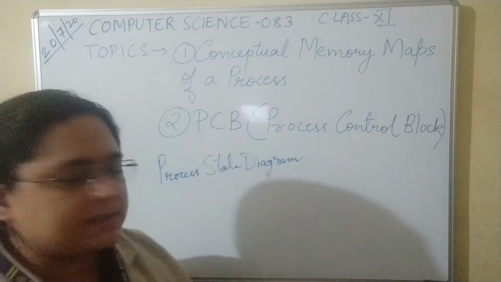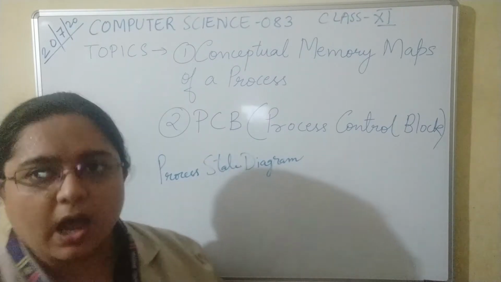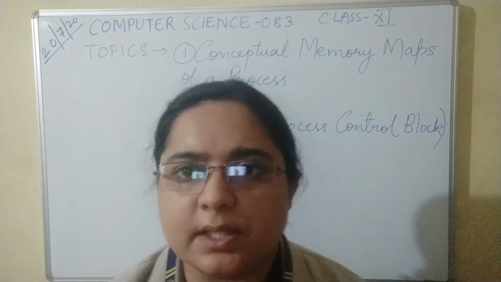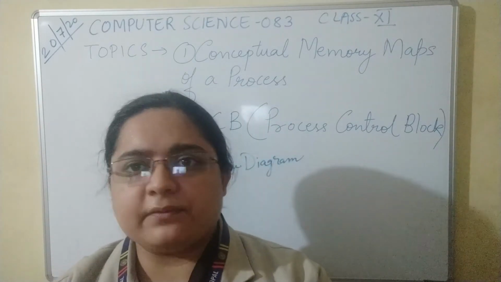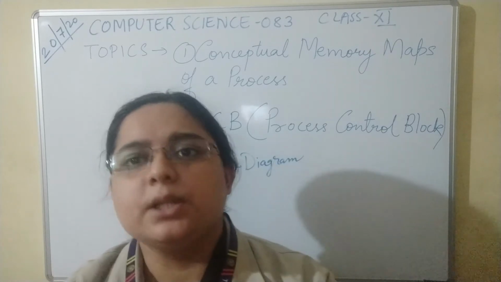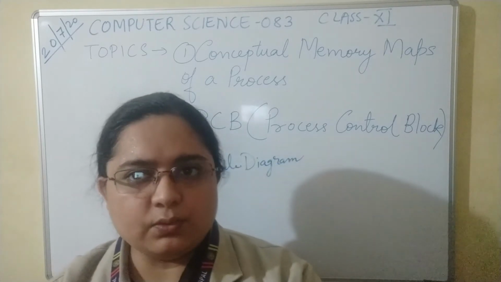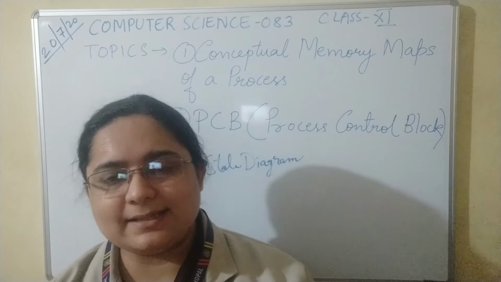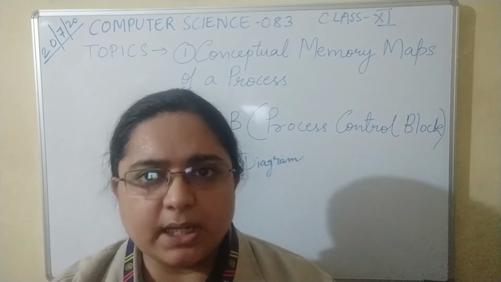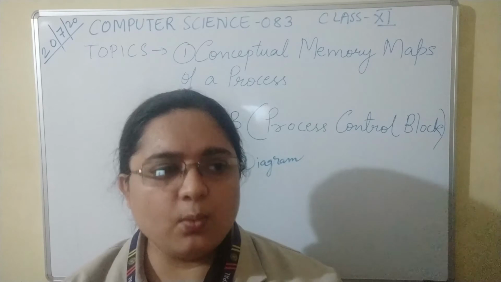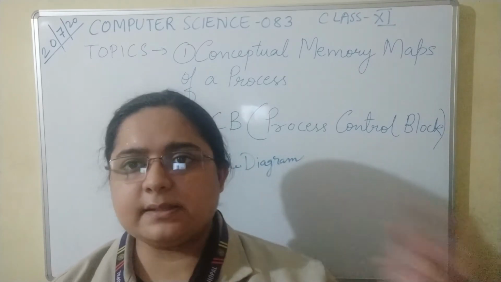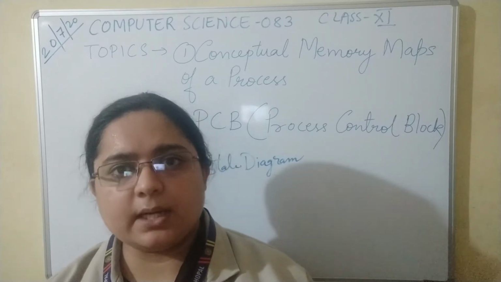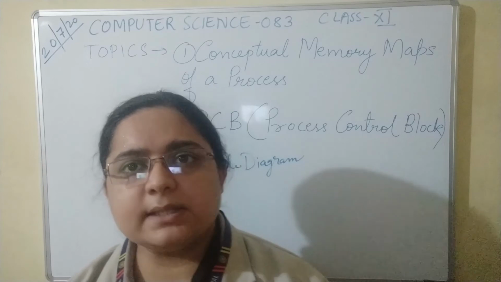We have studied the process state diagram where we had seen how a process undergoes various states during its entire cycle of execution. It starts, first it is created, so it comes into the new state, then it goes into the ready queue, so ready state, then it goes into execution by the CPU, that is it goes into the running state, then waiting, then terminated. So this way you can see how one process can be at various different states at different points of time. At a particular time a process will only be there in one single state.